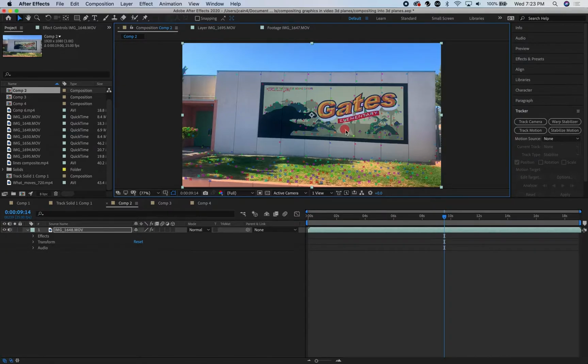So what I can do is I just find a flat spot, and I found one there, that's pretty good. And so I can either select one of these individual points or one of these triangles in between. And really what I'm concerned about is the actual plane. I want to make sure that it's on a plane. It doesn't matter as much where that plane is, as long as it's in the plane that you want this